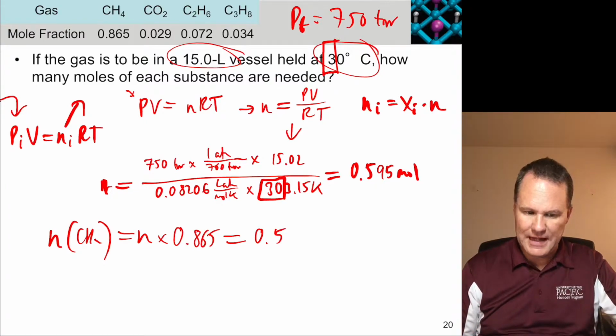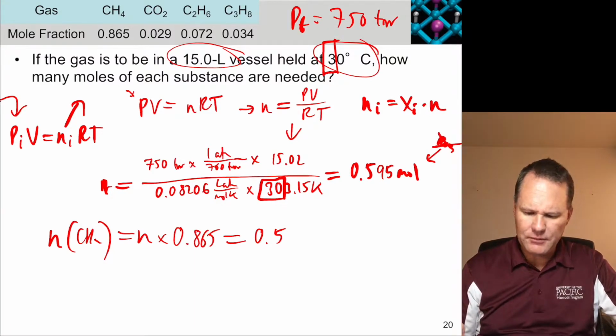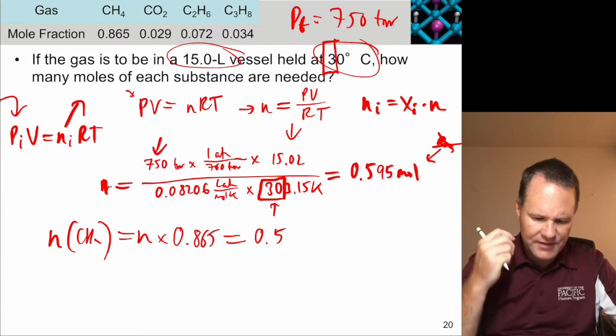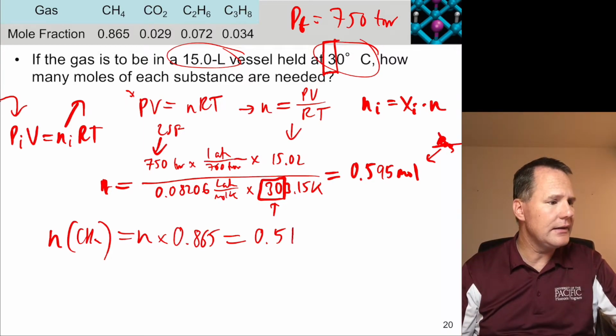Again, it was not asking for this, so I haven't rounded it, right? So this was not rounded. But now I have to round this, and I remember that I only have 2 sig figs here. Plus I actually have 2 sig figs there as well, right? 750, the 0 is not significant, so I will have to round it. And if I round it correctly, then I have